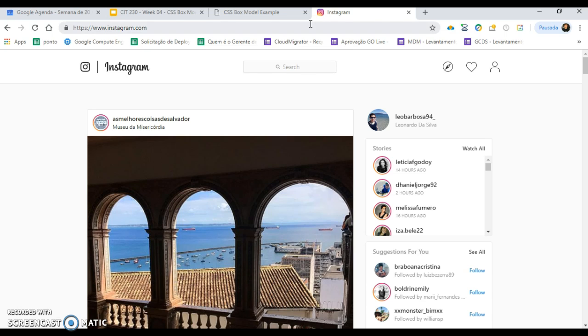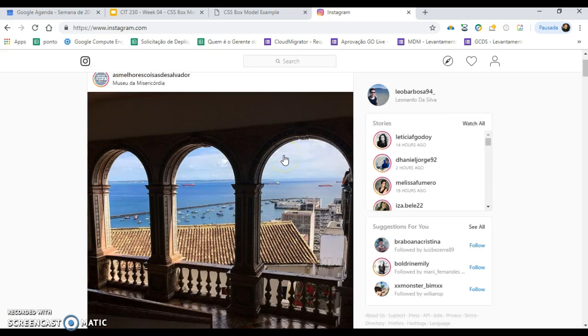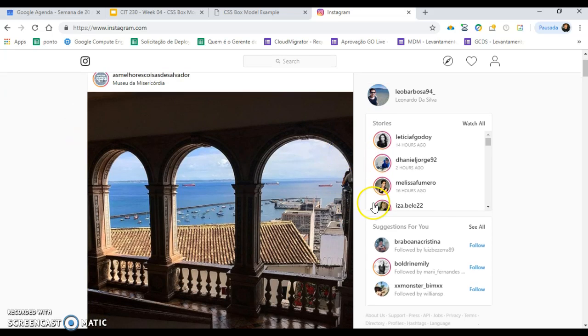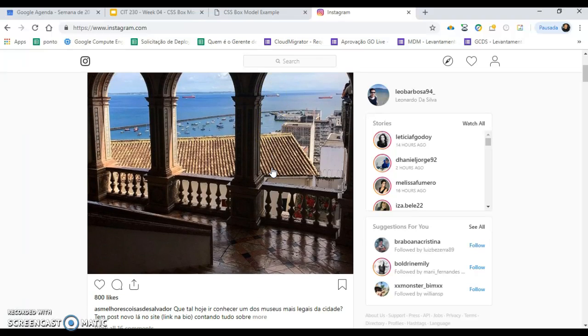Another example is from a website that I really like, I think everyone knows, which is Instagram. Inside of Instagram, we have some really good examples of the usage of the CSS box model. I have this picture of Salvador, which is a place in Brazil, which is our content. Around here, we got our paddings, we got our borders, and also look at the margin between these elements, between the stories, the suggestions, and the picture itself. We have the margin to make sure there's a lot of space, the search box, so you can see the CSS box model is really used